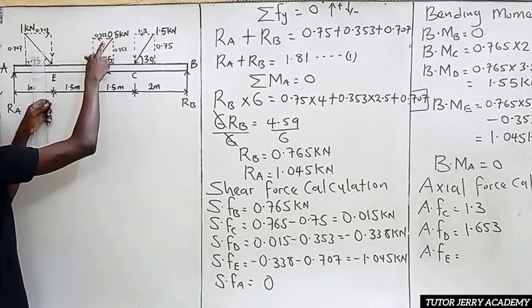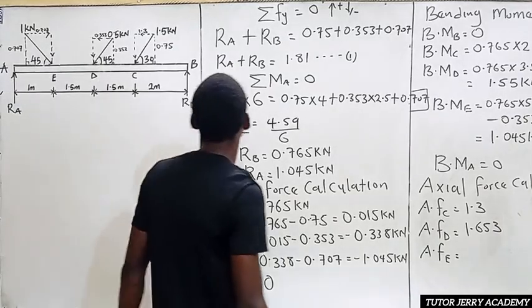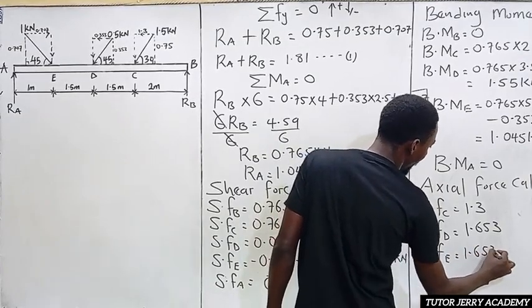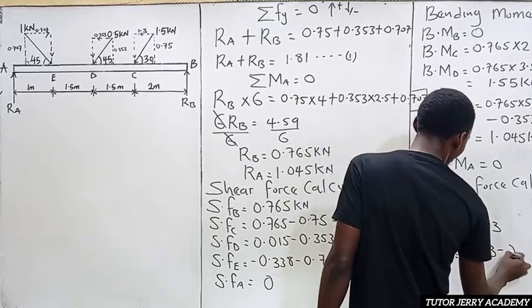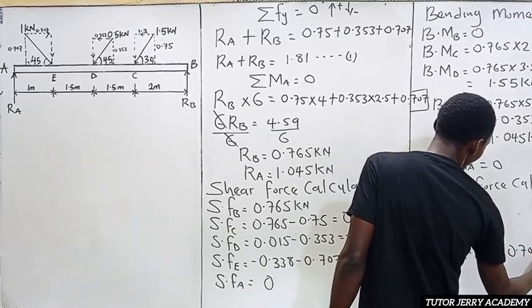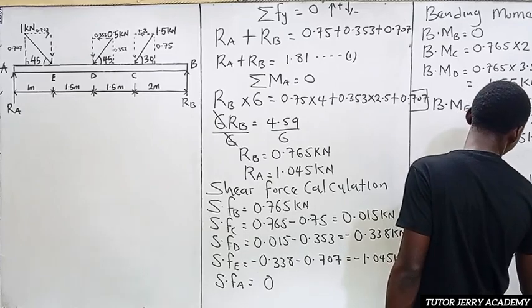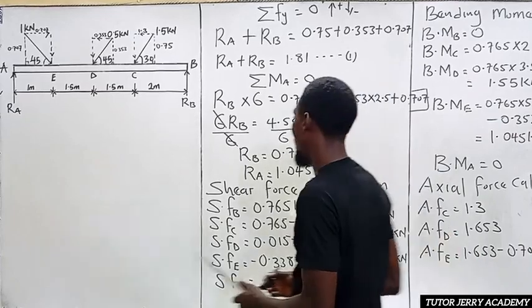If we sum this and this, subtract it from this, we are going to have 1.653 minus, that is the sum of that, minus 0.707. So it's going to give us what? 0.946. All right, so that is going to be our axial